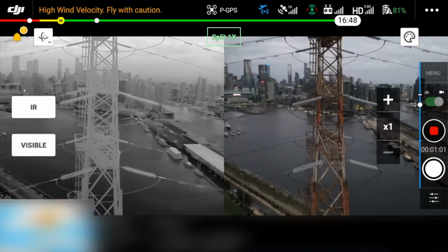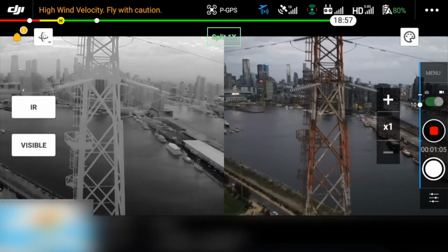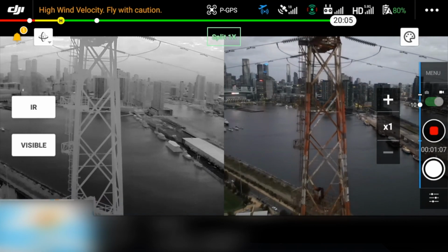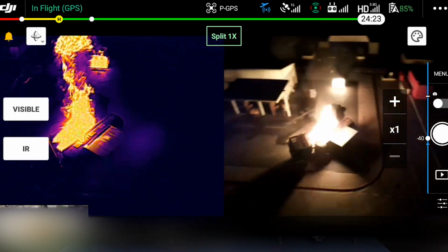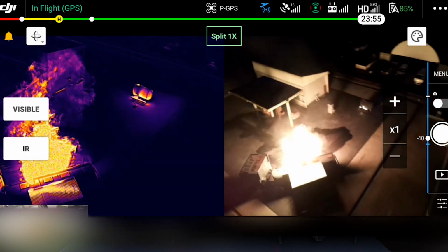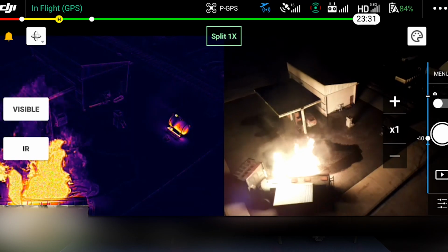When it comes to providing an overview back to a central command unit, the split view mode the new Mavic 2 Enterprise Advanced provides seems like a no-brainer when it comes to fighting fires. Not all the time do you want just a thermal or visible image feed getting sent back to the crews in charge of the situation, as both cameras have pros and cons, and when split-second decisions need to be made,